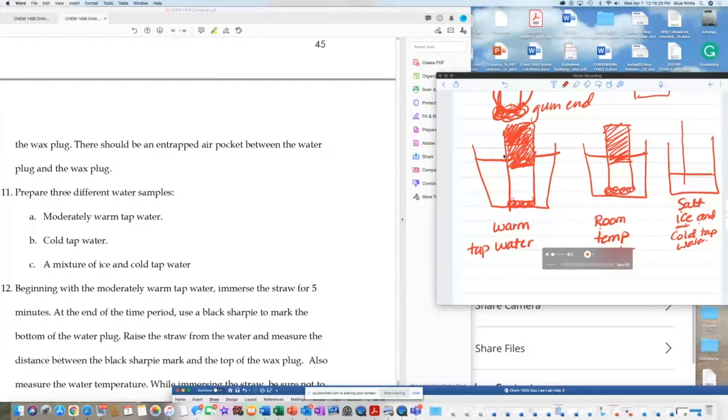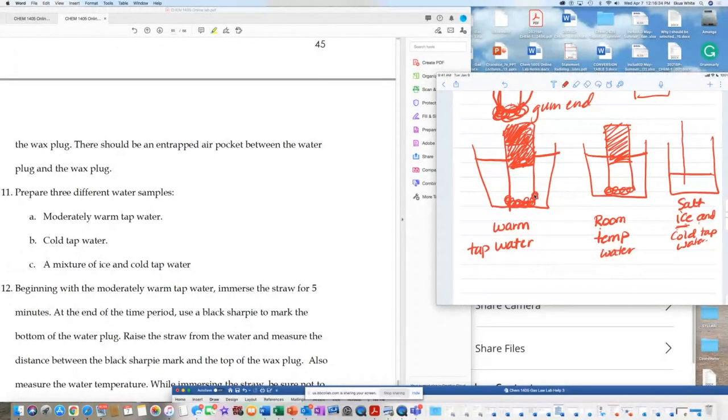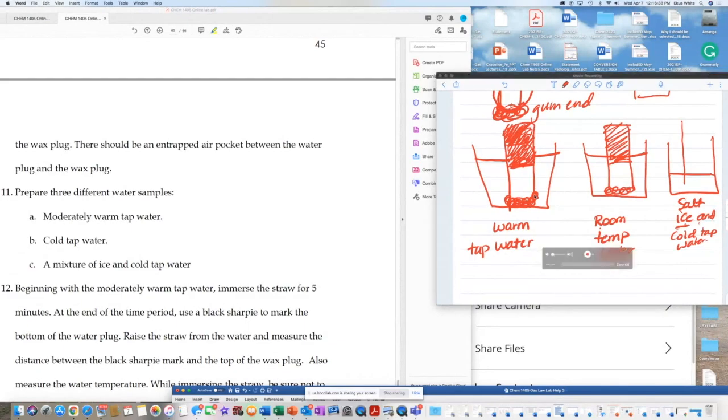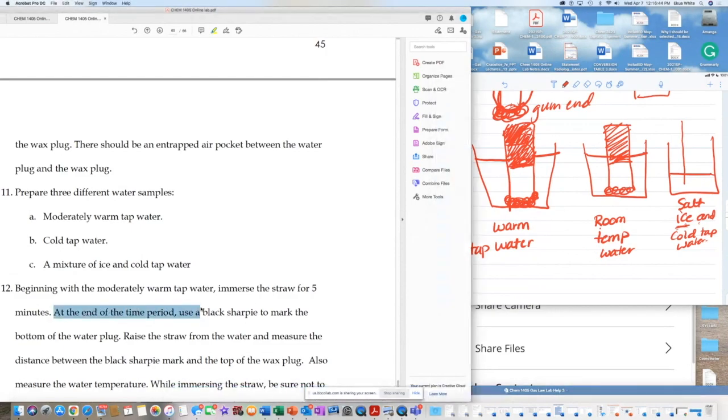You're holding this. You can suspend it slightly above if you don't want the gum to get stuck on the bottom, because if your water is too hot, the gum will get stuck on the bottom of the styrofoam cup. You can hold it slightly above. You probably get tired, but at the end of the period,